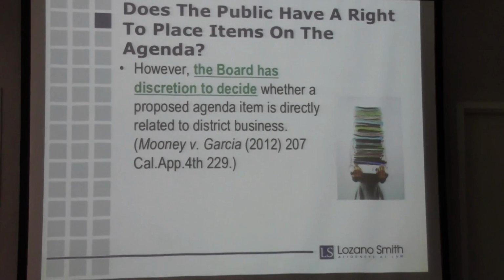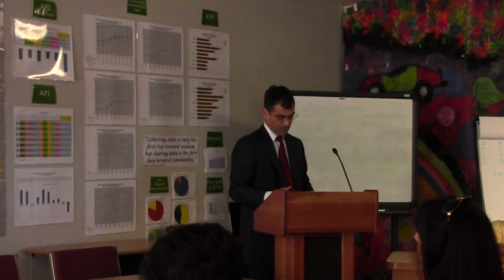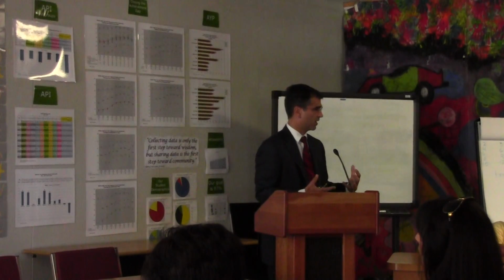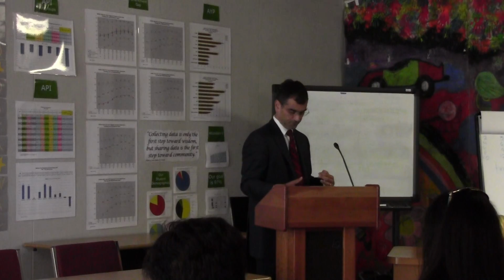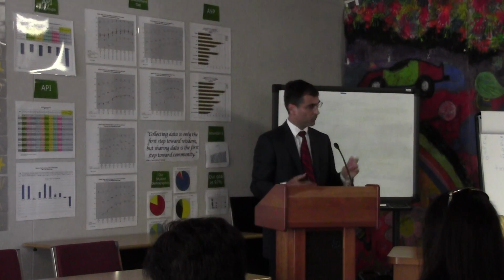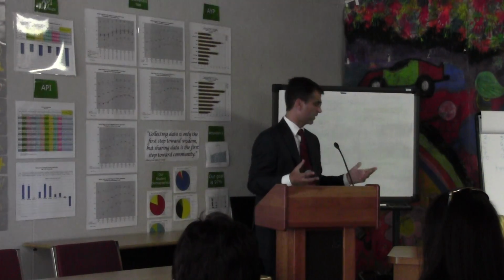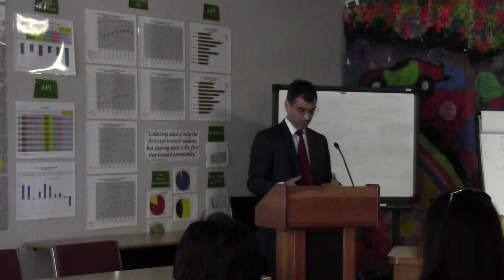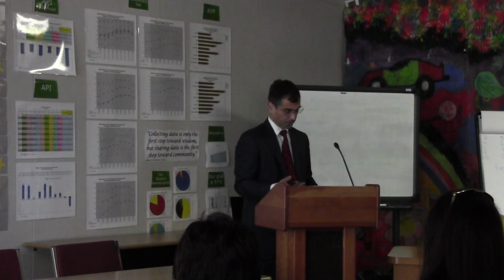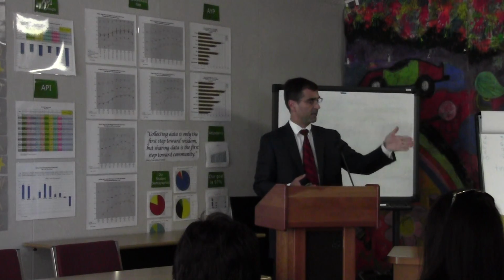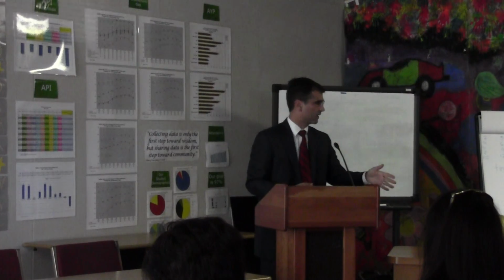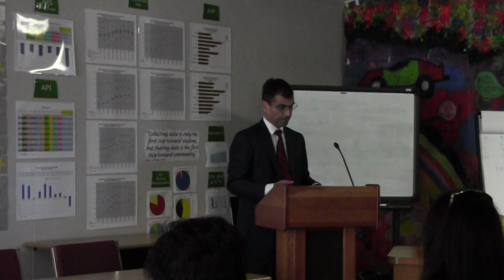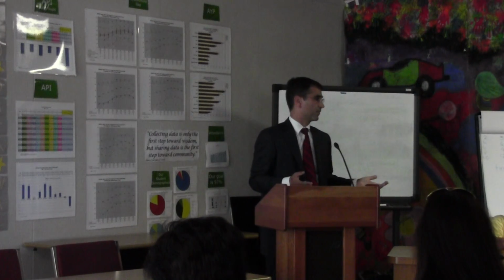So the case I cited up here actually was a case against San Jose Unified. It's a decent example. In that case, there was a student club on campus. It was a middle school, and the student club was the Gay Straight Alliance. The student club wanted to hold a Rainbow Day, which focused on preventing bullying. And the parent, who was the plaintiff in this case, Moody, objected to that, and she wanted to add an item to the board agenda to have the board require that it be called a Global Anti-Bullying Day, not Rainbow Day, right? The school district denied that request,